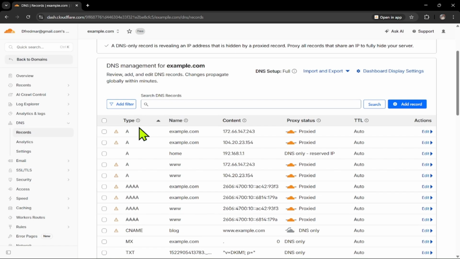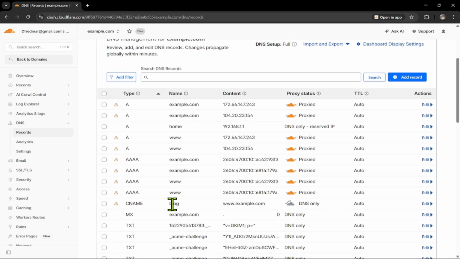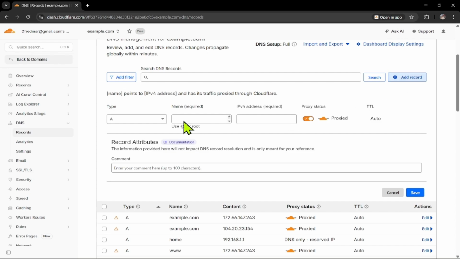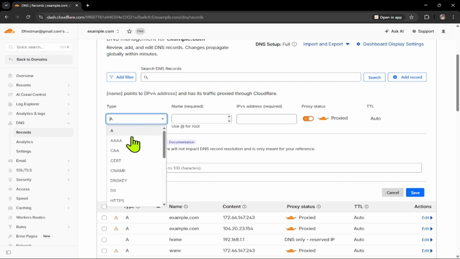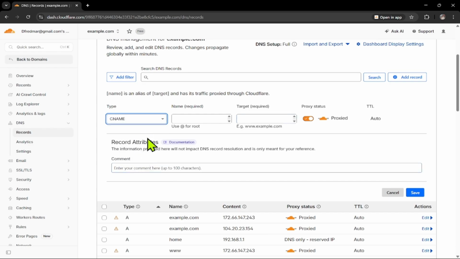Now check if your subdomain already has a DNS record. For example, if your subdomain is blog.yourdomain.com, you should see a record for blog. If the record does not exist yet, click Add Record. Choose the correct record type. Most websites use an A record if the subdomain points to an IP address, or a CNAME record if it